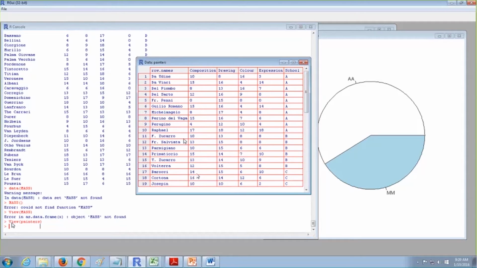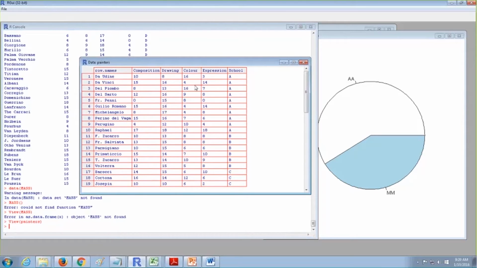Here you can see some of the persons' names, their composition, drawing, color, and expression, and which school they belong to. So there is a category. Based on this category, we'll try to do a bar chart and some basic graphs.